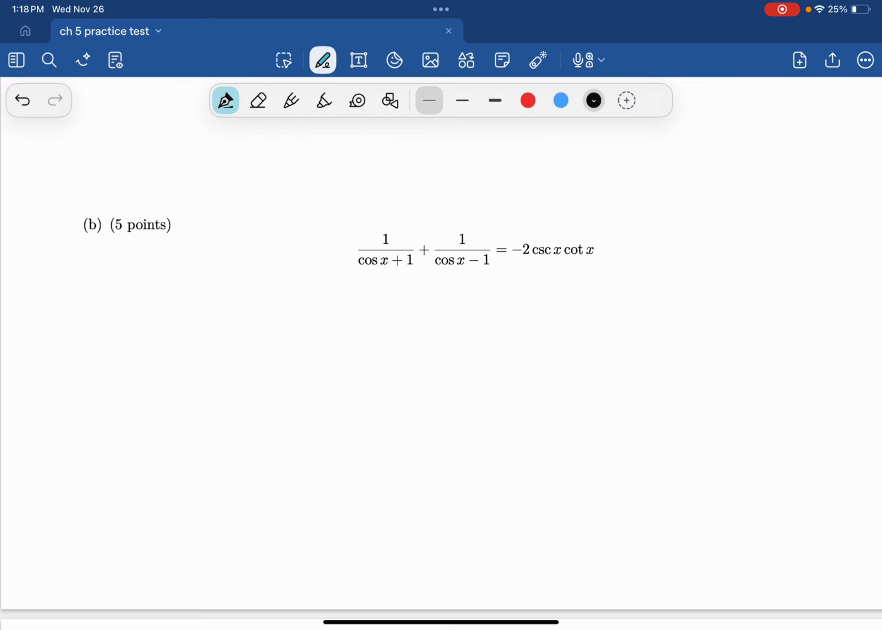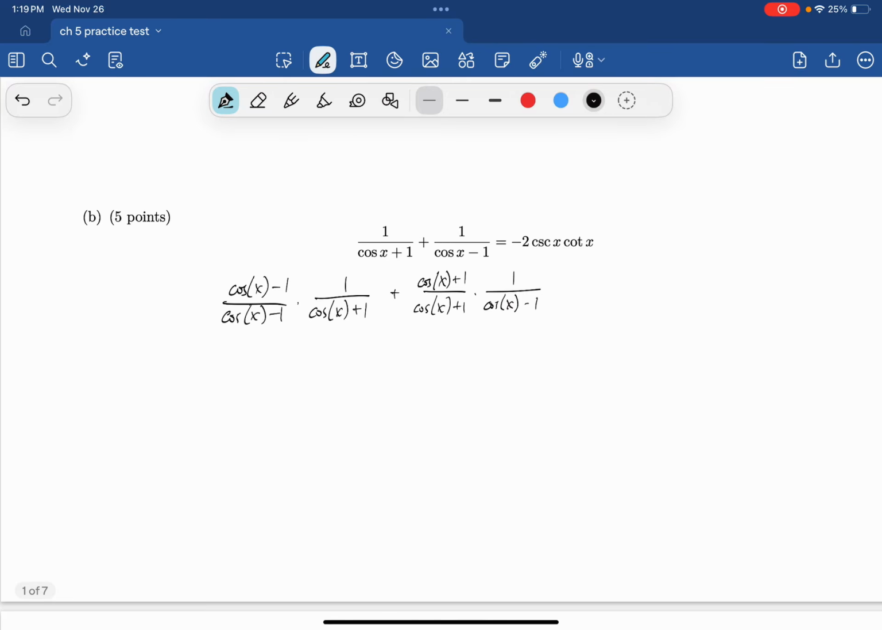Here, the left side looks more complicated, so we should probably simplify that. So I'm going to try to get a common denominator. So we're going to do cosine x minus 1 over cosine x minus 1 times 1 over cosine x plus 1 plus cosine x plus 1 over cosine x plus 1 times 1 over cosine x minus 1. Okay, and so once we get that, we now have two denominators that are the same, and so we're able